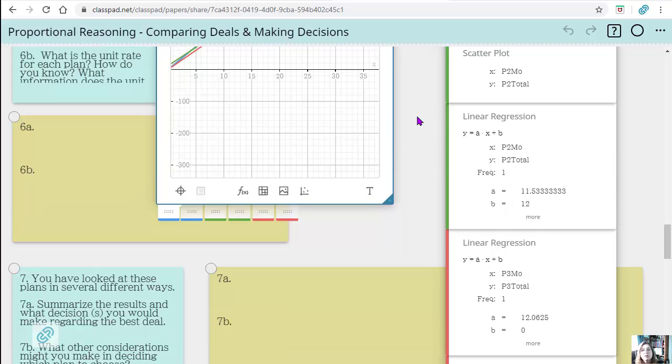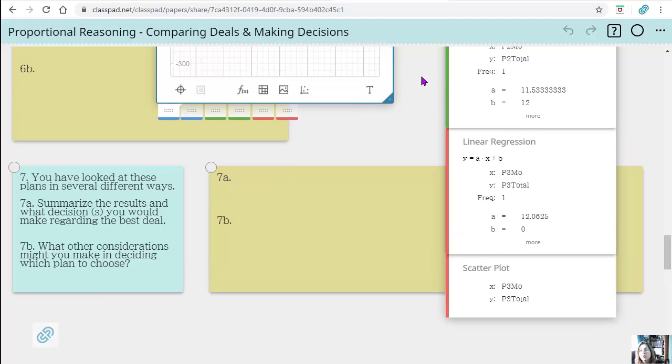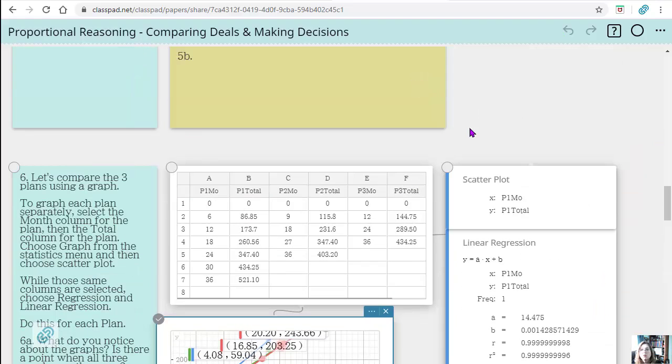So it's not as simple as, oh, this one because I'm going to pay less. It's what's your goal long term? How long do you want to have it? Which plan would be better for long term? Which plan's better for a short term? These kinds of things, because you can do different representations with the proportional reasoning, you can make some better decisions.